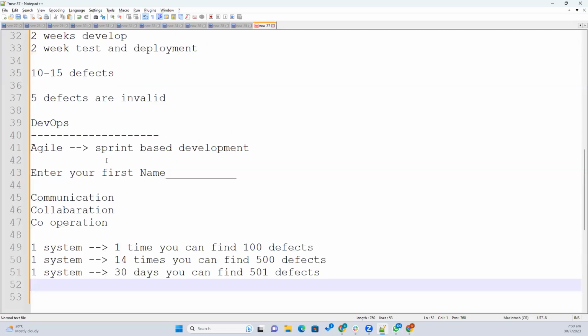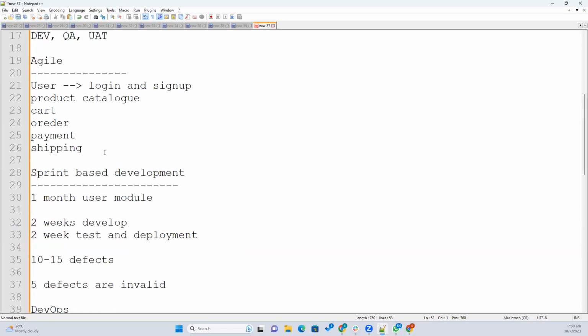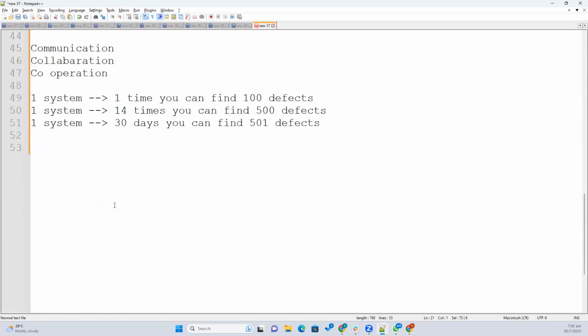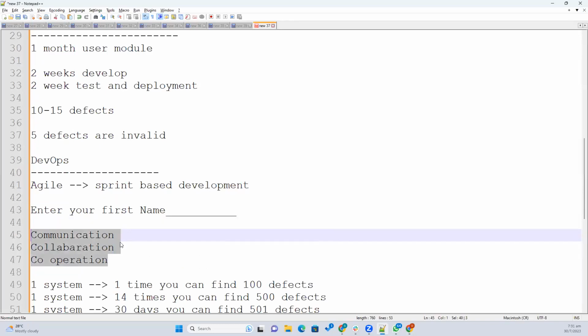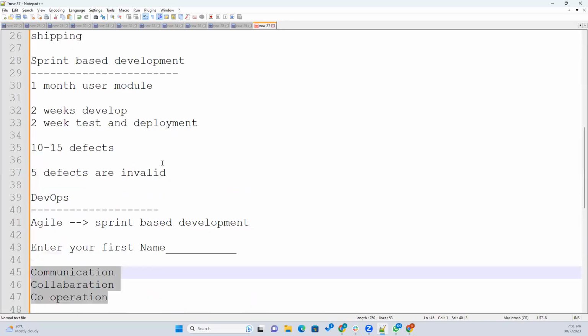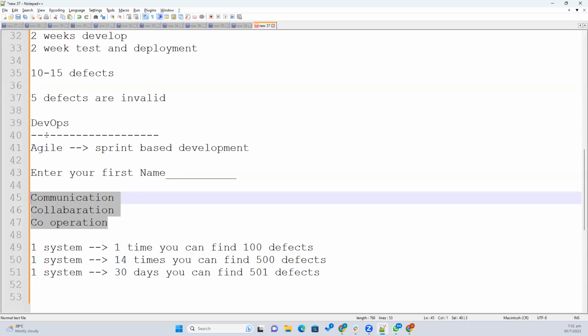So like this, we will continuously complete our modules by the end of the product development. So you may find a lot of defects, and obviously, if you communicate well between the teams, the results will be the very best. Instead of fighting and struggling between the teams, now there is continuous communication. So it is an enemy kind of environment with just Agile. But if you introduce DevOps with Agile, there will be a friendship kind of environment. The results were achieved very great. So this is DevOps. Finally, the DevOps definition.